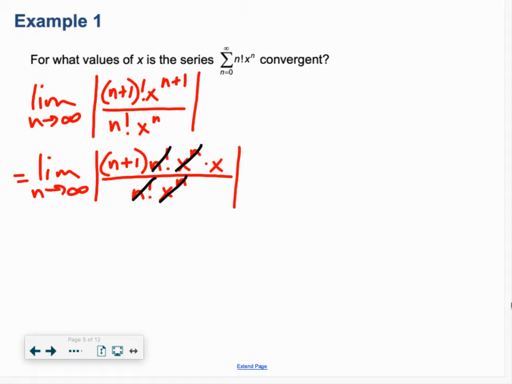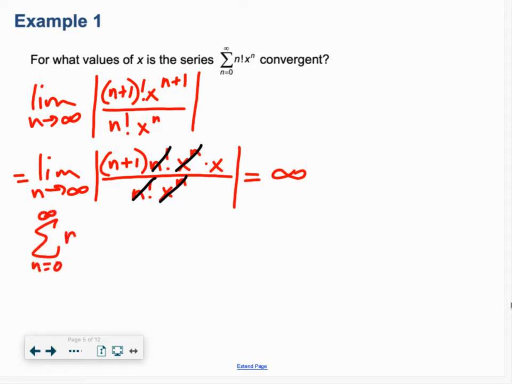Remember, x is a constant. When we're talking about this limit, x is a constant, so in terms of the limit, n is our variable. N is approaching infinity. Infinity times a constant is infinity. So it looks like this series diverges for every single possible value of x. However, every single power series must at least converge at the center. So the only x value where the series converges,